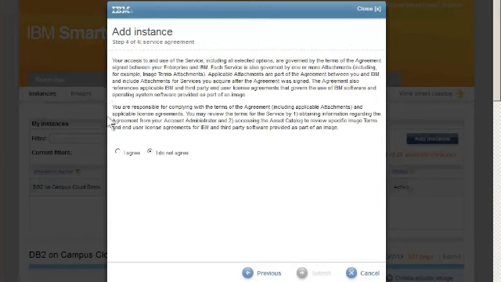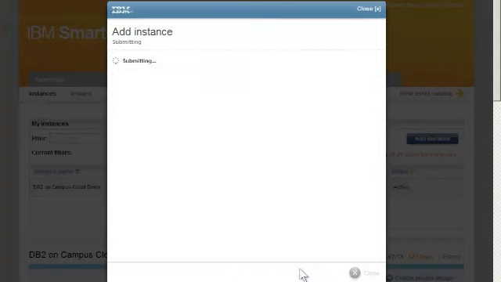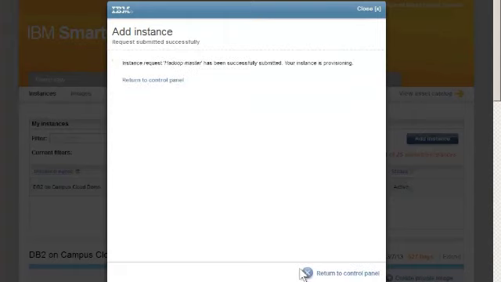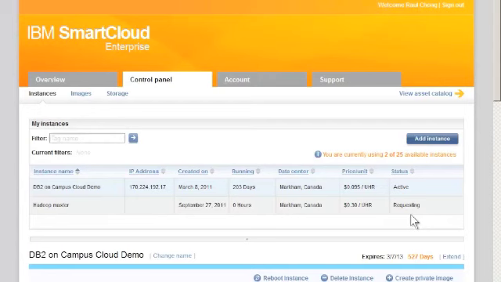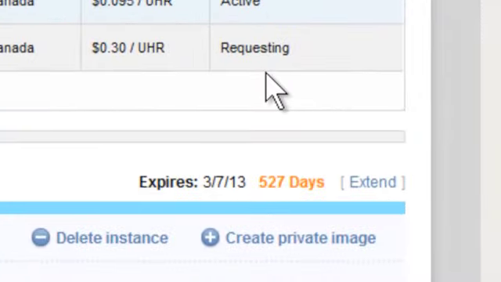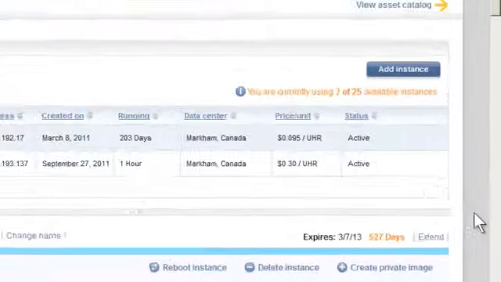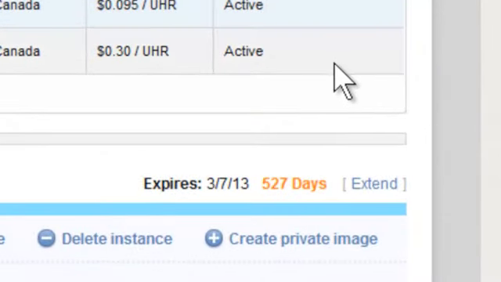I now have to agree to the license, and I click Submit. And now we have that the request has been successfully submitted, so I'm going to return to the control panel. From the control panel, we see that a Hadoop master instance is being requested. After waiting for a few minutes, eventually your Hadoop master will be provisioned and you will have the message for